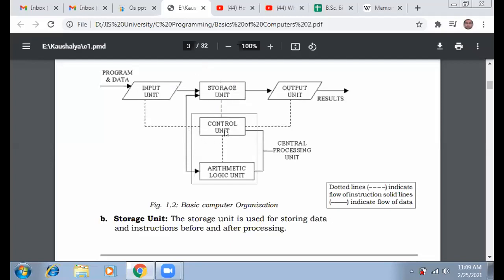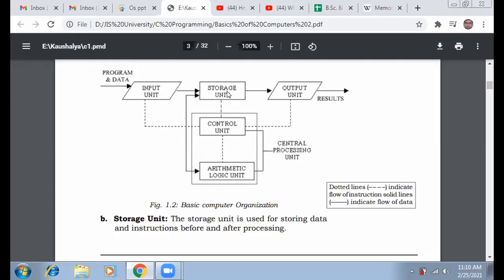That instruction is observed by the control unit. The job of the control unit is to manage all other units in our computer system. That means the control unit manages the storage unit, the input unit, the output unit and the arithmetic logic unit. It acts like a manager or supervisor of all the subcomponents of a computer system. Its job is to provide the instructions as per the request of the user, because memory is a hardware unit whose job is only to store data and send data, nothing else.